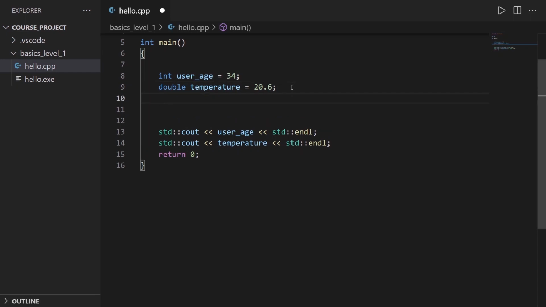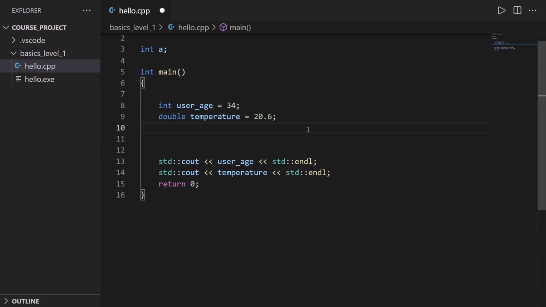Now there is another data type, which is the Boolean data type. And the Boolean is bool. And this is very particular. This Boolean data type only contains two possible values, true or false. So for example, is alive, if you have, let's say, a video game with a character,